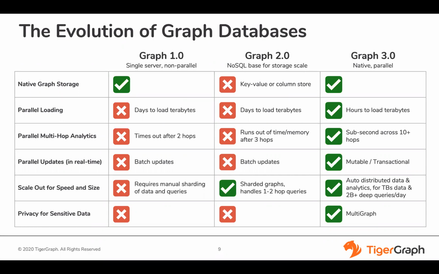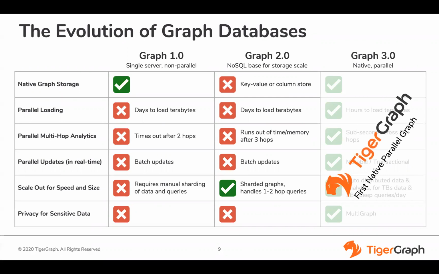Graph 3.0, the third generation of graph engines, was built to address these deficiencies of Graph 1.0 and 2.0 solutions. As mentioned before, PyTigerGraph is one of these, and it is the first native parallel graph. Native means that it uses storage and memory structures and data access methods specifically designed to store graph data. We don't try to squeeze a round peg into a square hole, or more precisely, to squeeze a graph shape problem into a relational or key value structure. Parallel means a distributed, scalable architecture.